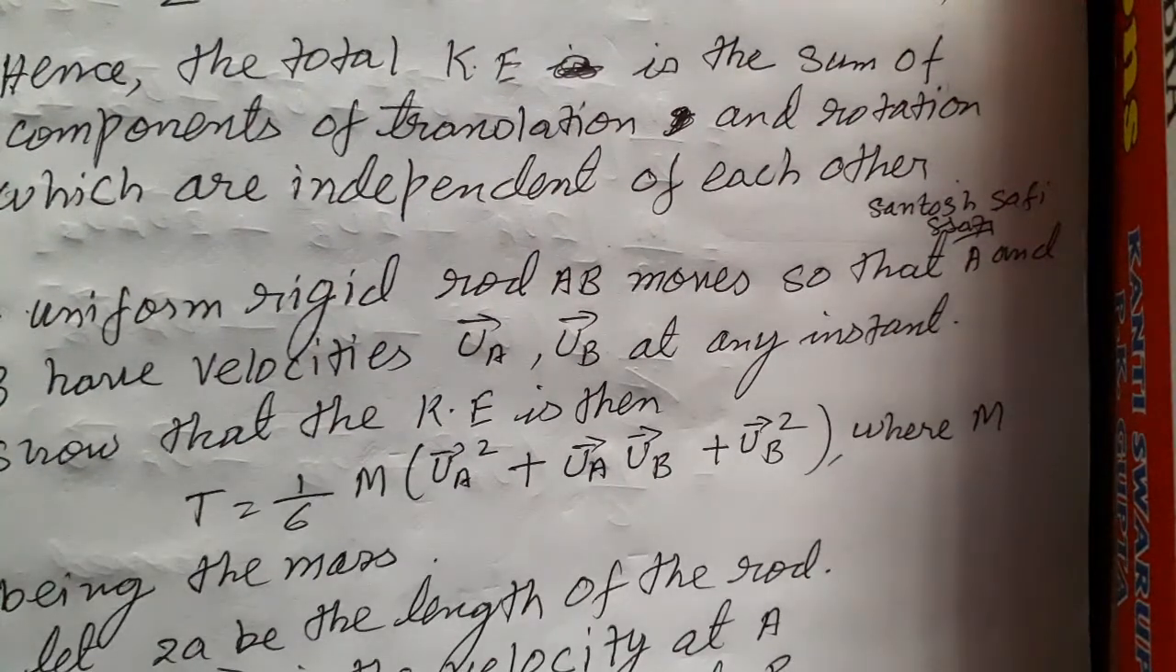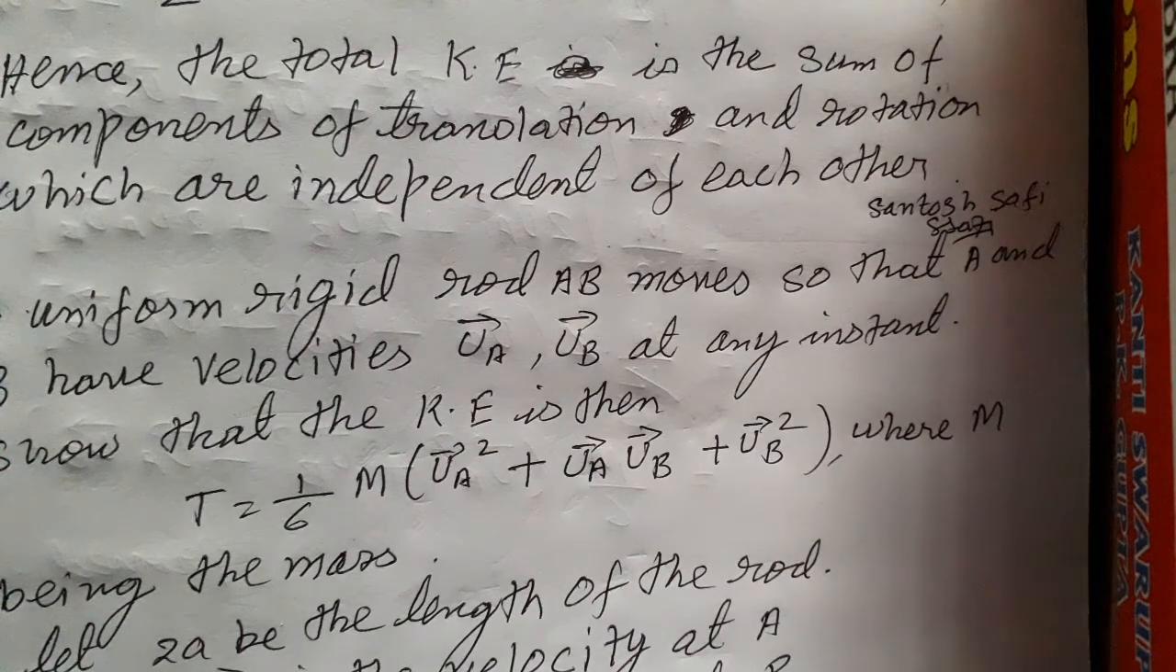We are taking a uniform rod. In this question I'm going to find the kinetic energy of a uniform rod AB. They have given that the velocity at A is UA and the velocity at B is UB. Then we have to show that the kinetic energy of the uniform rod is 1 by 6 M (UA square plus UA UB plus UB square), where capital M is nothing but the mass of